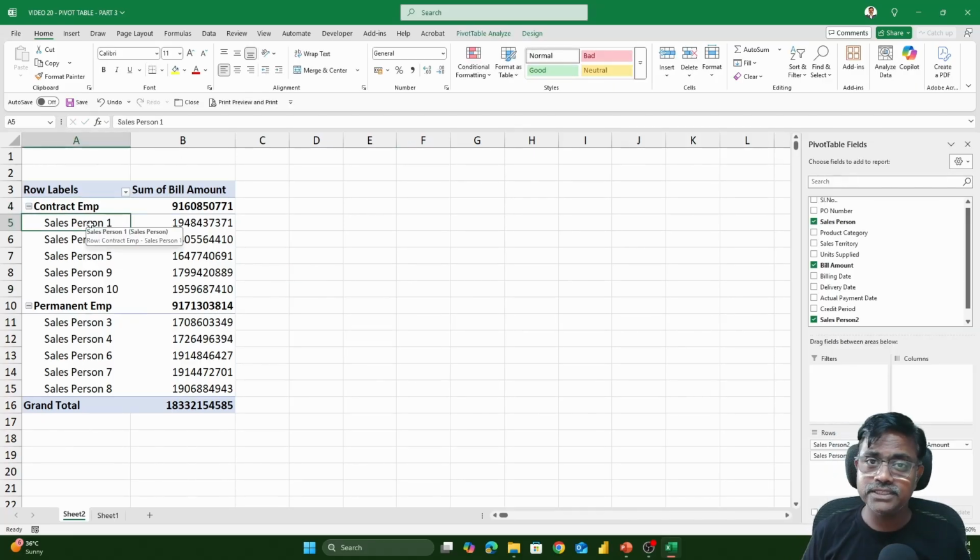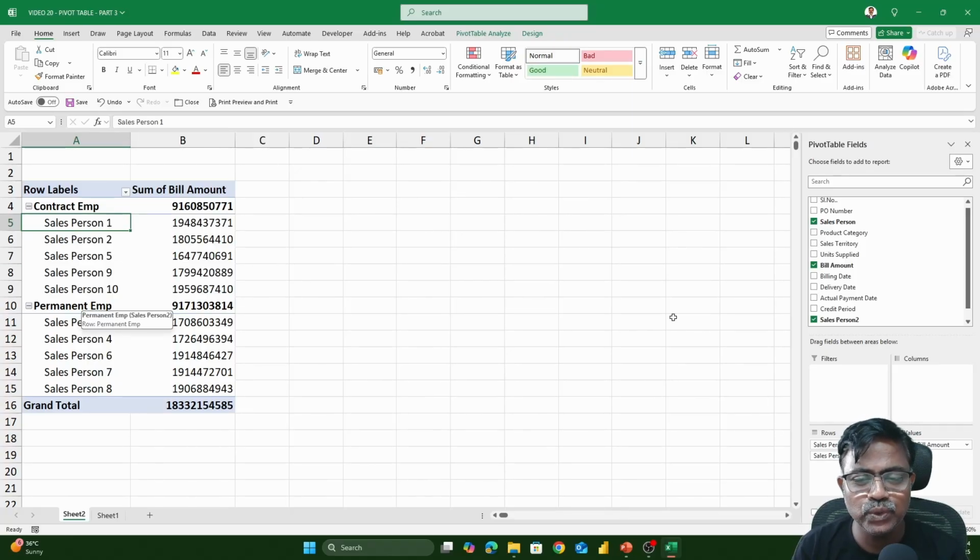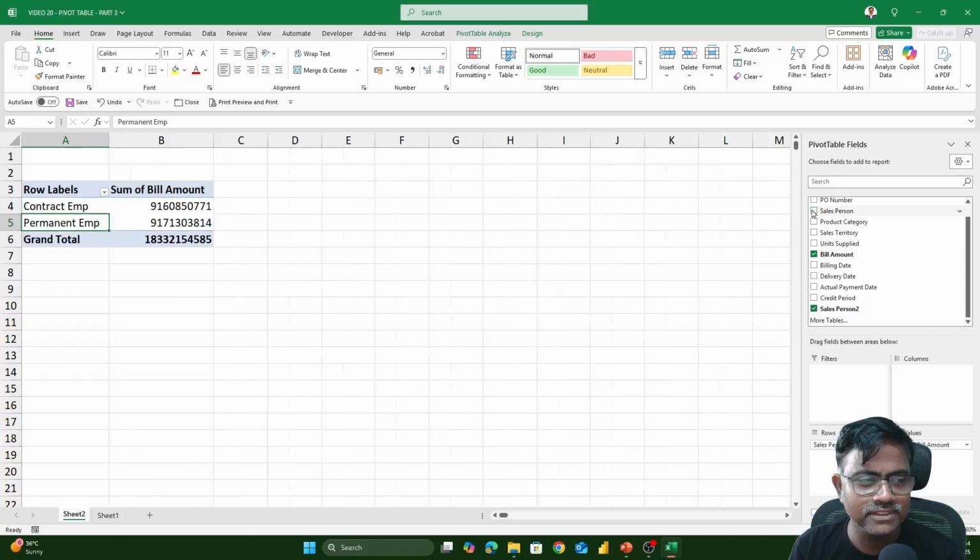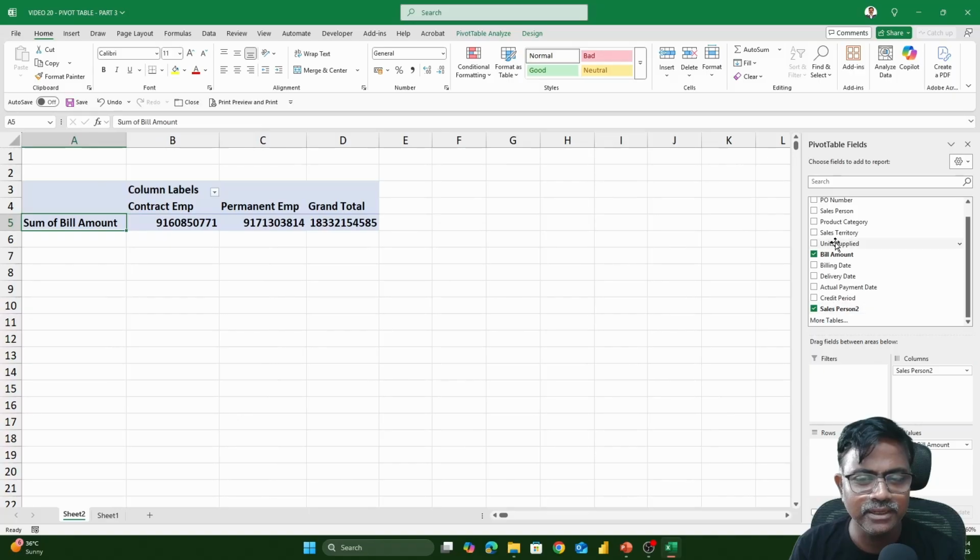Now what's that value addition which I'm trying to find out here is, watch it. Once I got these items grouped, now you could see on the field list, there is already a field salesperson and you can see salesperson 2. That salesperson 2 got created because you did that grouping. Now, because we have the salesperson 2 as one of the fields, we don't need to have the salesperson anymore in the pivot table. Now, I can go ahead and put the salesperson 2 in the column and bring the